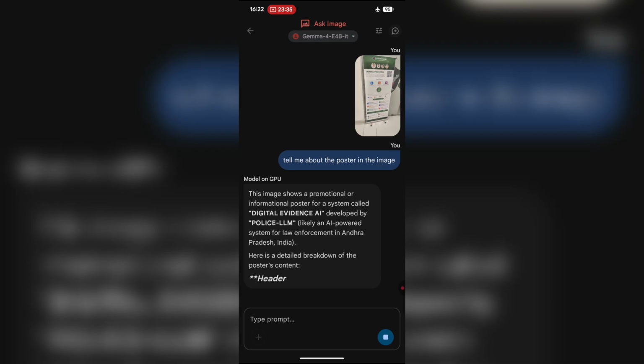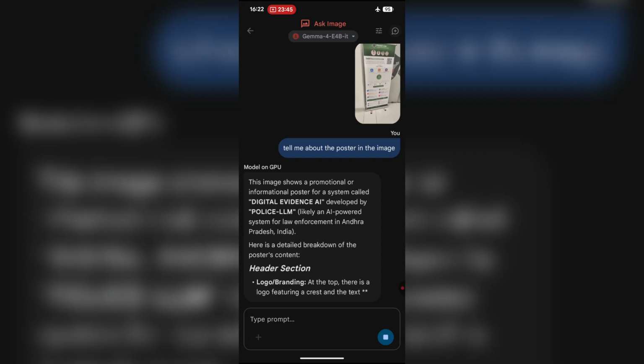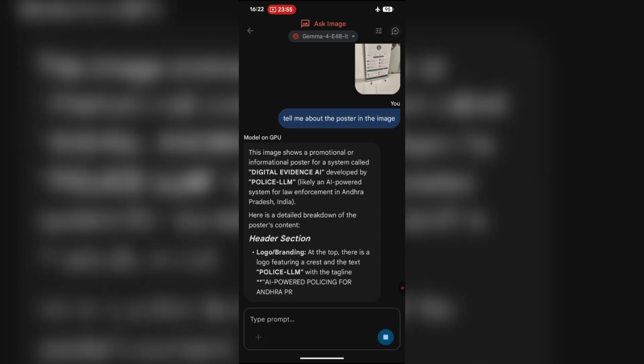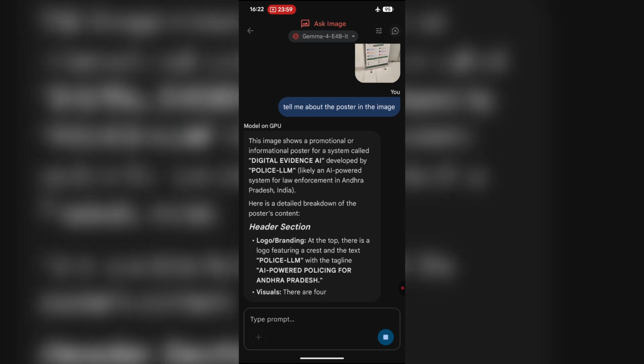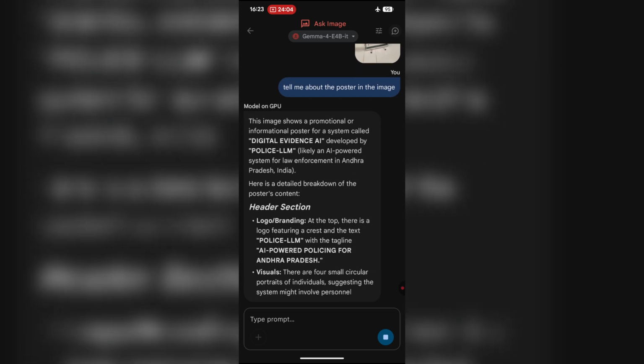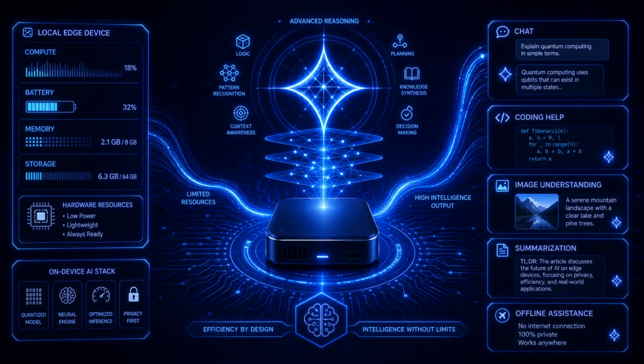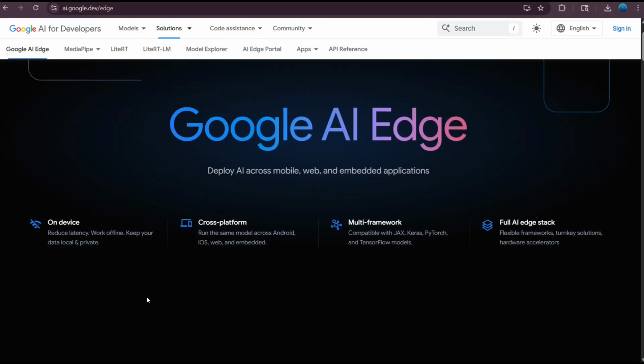step for Edge AI. There are also other options here, like agent mode and more, which I definitely want to explore next. But even from this quick test, it is easy to see how useful this could be for offline AI apps, privacy-focused workflows, low compute environments, and future agentic experiences on mobile. This is a really exciting start for local AI on phones.